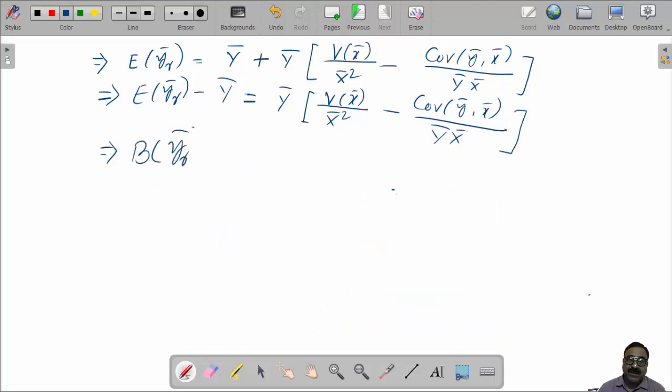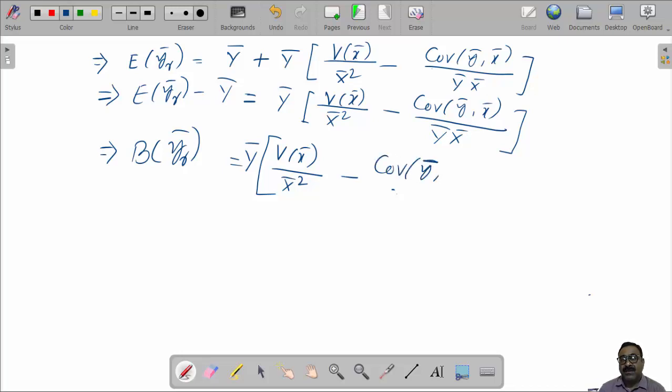This implies bias in y r bar equal to y bar into variance of x bar by x bar square minus covariance of y bar x bar by y bar. Now since we are selecting the sample of size small n by using SRSWR, so we have